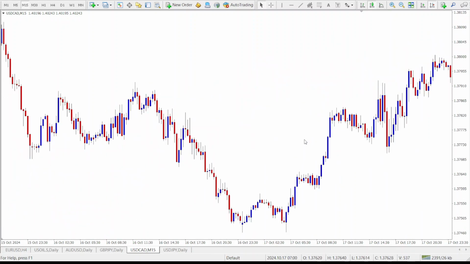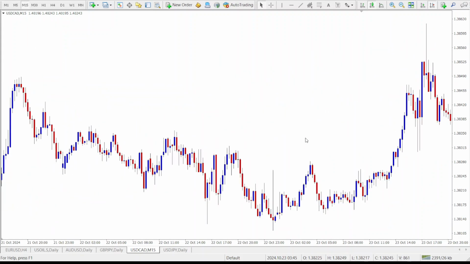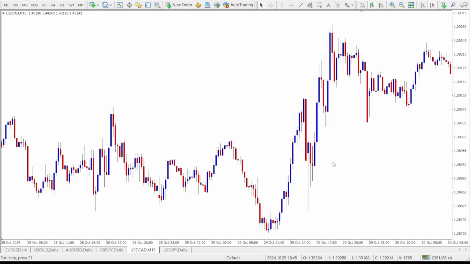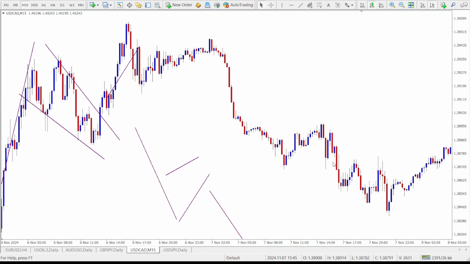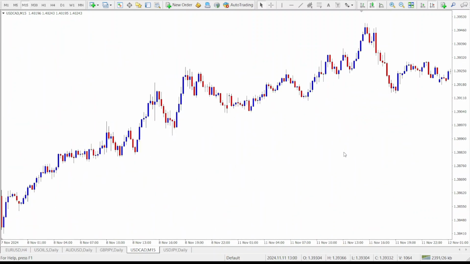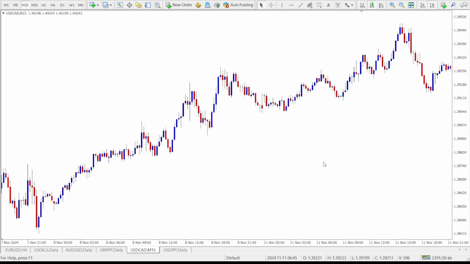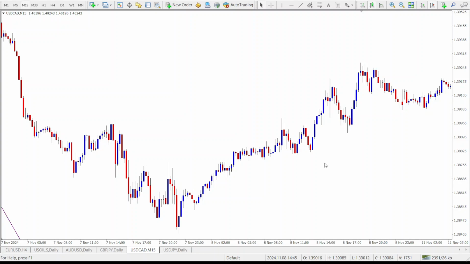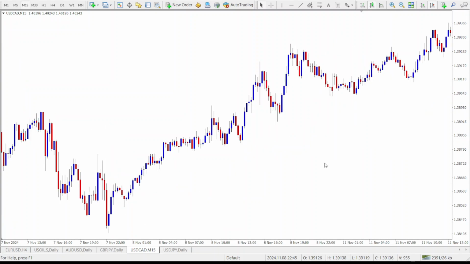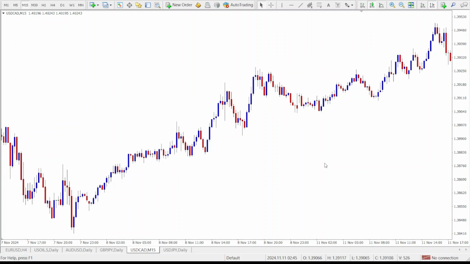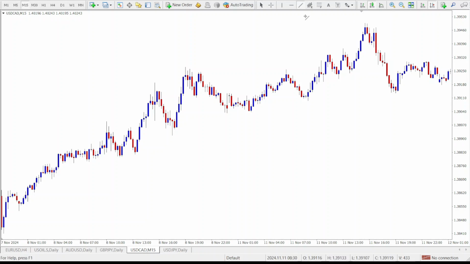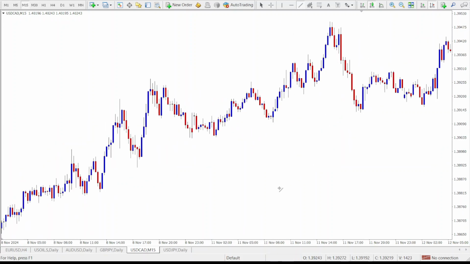If we don't exactly find the pennant, I might just indicate with a diagram. Remember that a pennant and a flag are somewhat similar. It's just that the pennant forms after a larger price move, and it has a somewhat symmetrical triangle looking feature. I can't exactly find a pennant right now, but a bullish pennant forms after a strong upward movement,